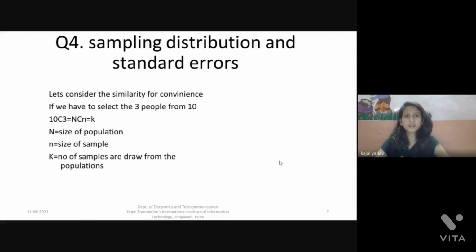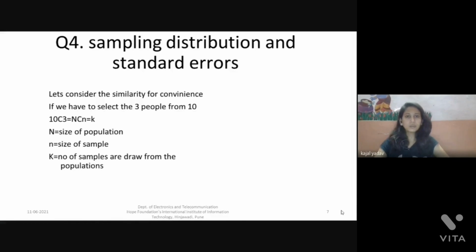To understand sampling distribution in brief, let us consider the example of permutation and combination for better understanding. In a combination, when we take three people from a set of 10 people, we represent it as 10C3.